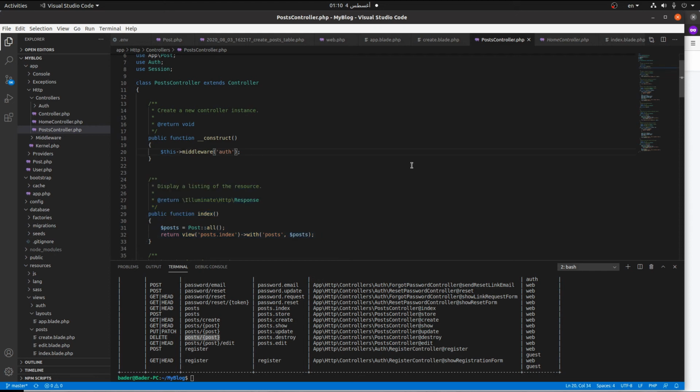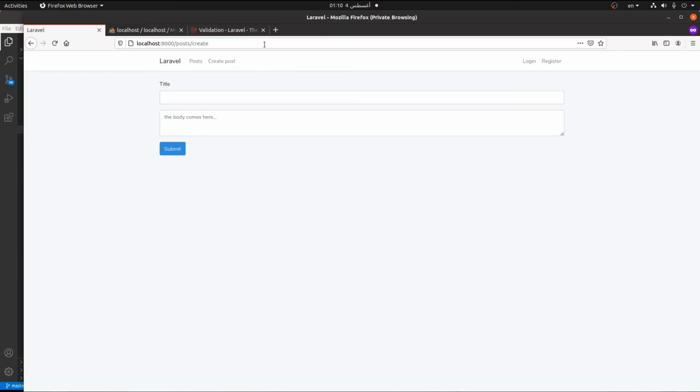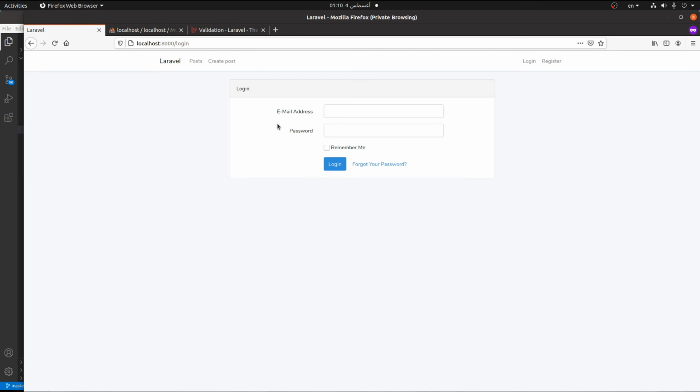We can do an exception for this, but we are not going to do that for now. We are going to protect the whole controller from unauthorized users, and if we refresh this page now, it will kick us out to the login page, but we still get these buttons,